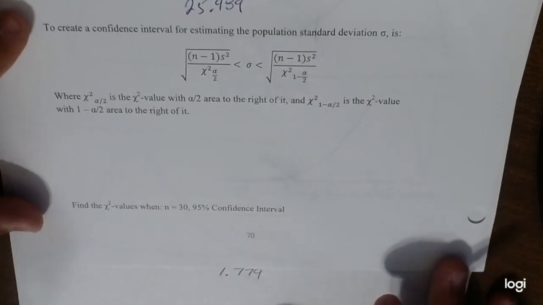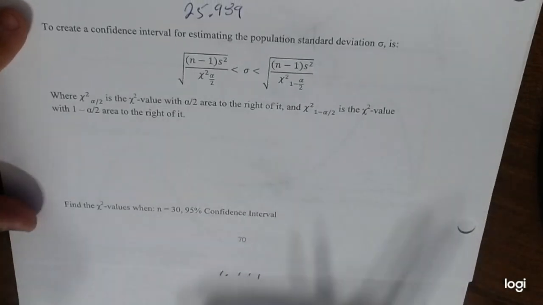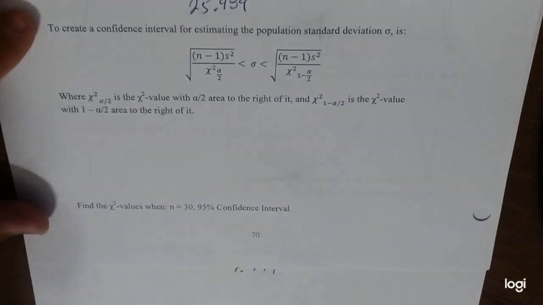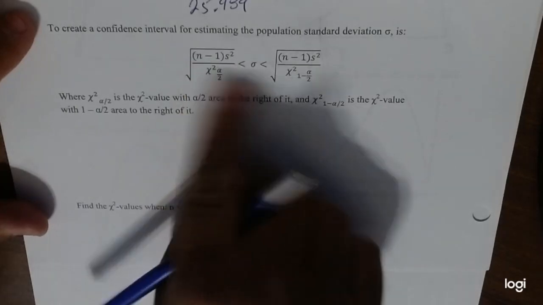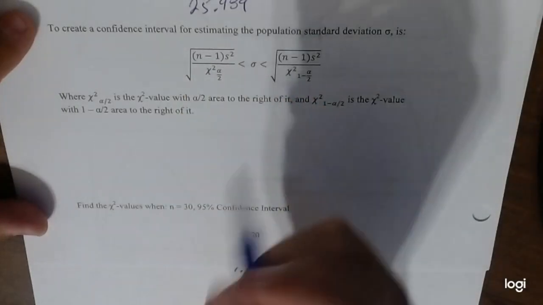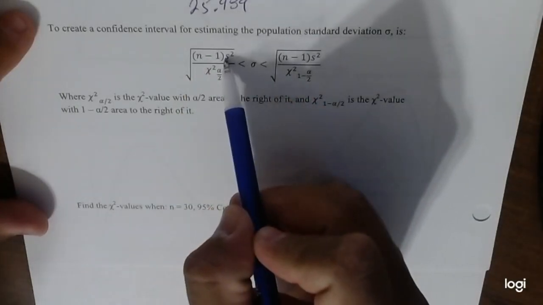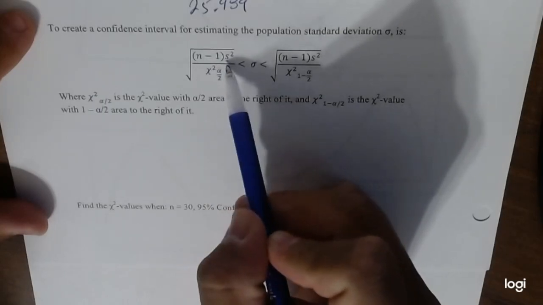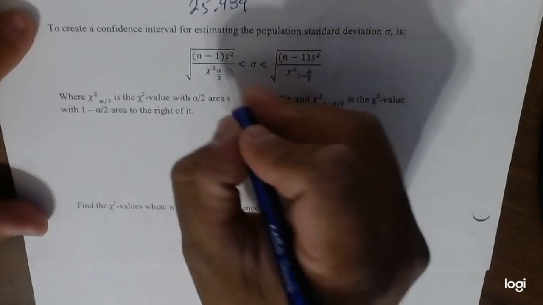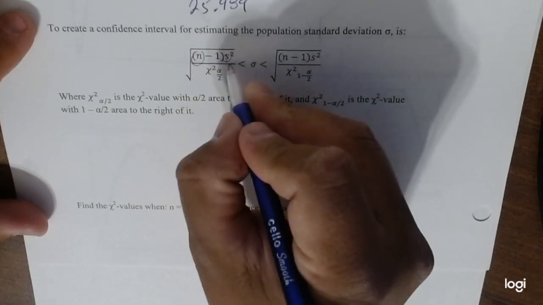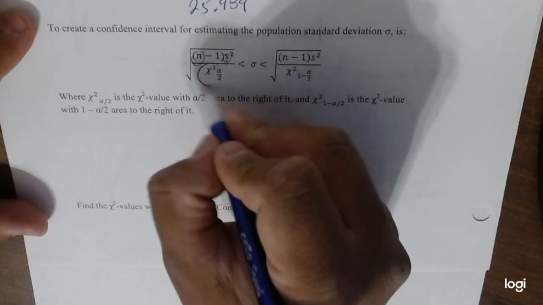Now, unlike the other ones where it's plus or minus your margin of error, this one's a little different. There is no margin of error at all. It's all incorporated into one single equation on the left and also on the right. So let's break this down. It's n minus 1, so sample size minus 1, times s squared, where s will be given to you in the question, over, now this is pretty interesting,